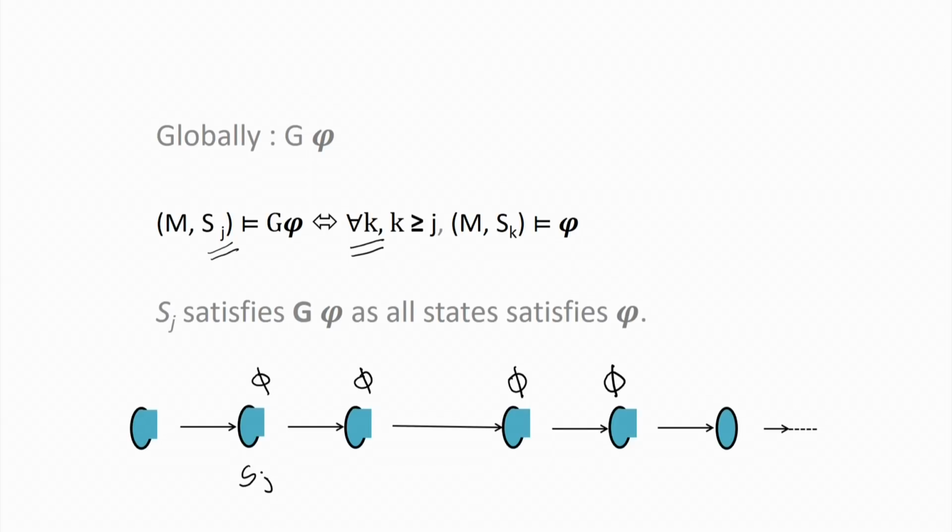It will be slightly difficult, because phi is true up to this particular point, but we do not know what is going to happen in future states, whether phi will remain true or not. So in that case, I cannot say that G phi holds in this particular state, but if I have another system,